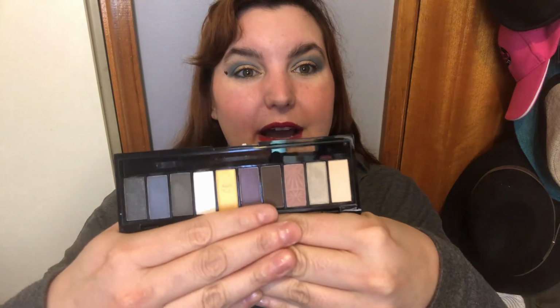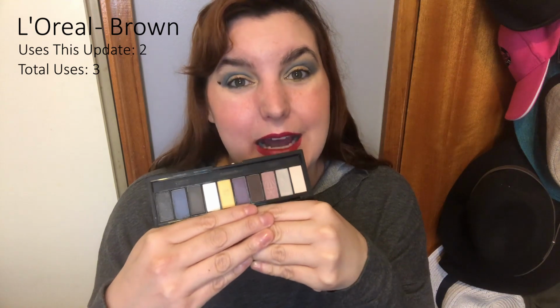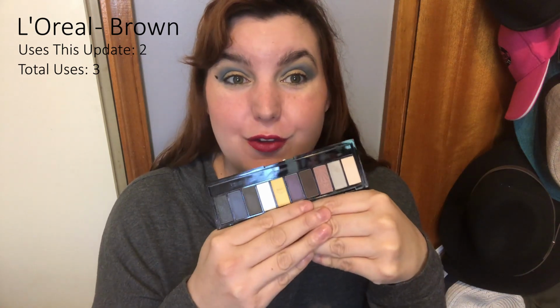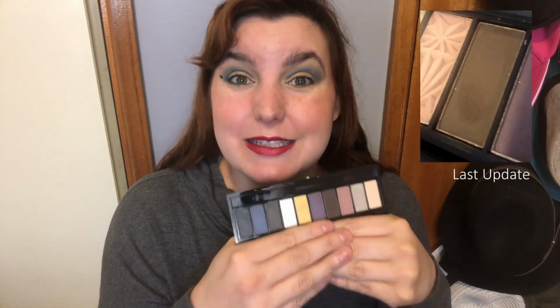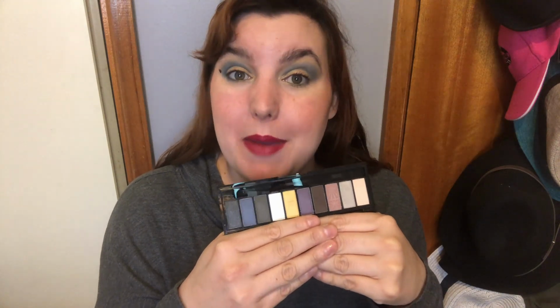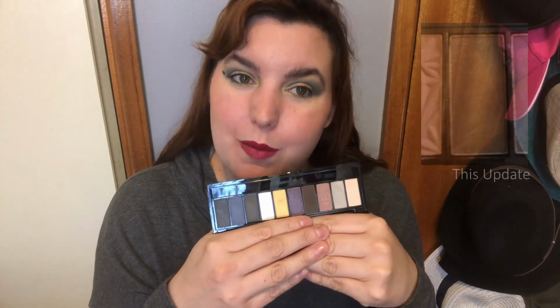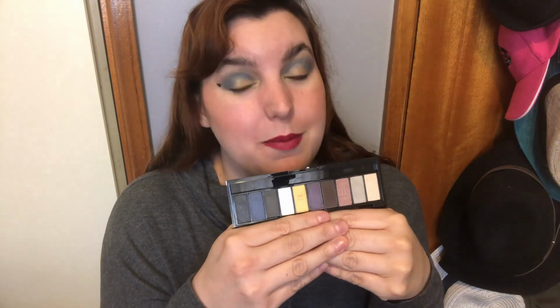First up, we have the L'Oreal LA Palette Ombre, and the shade we are working on in this palette is the dark brown just here. And we have only used it twice since the last update for a total of 3 uses. I think the reason why this shadow is getting little to no use is probably because overall I have a brown in my Pan That palette that I am desperately trying to hit pan on. So this one will probably stay kind of to the back burner until the pan has been hit in that